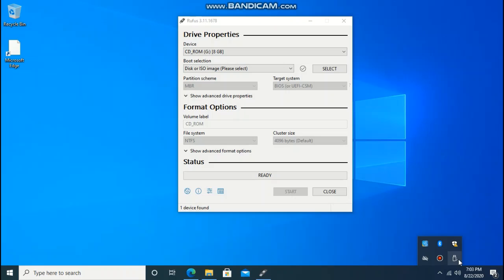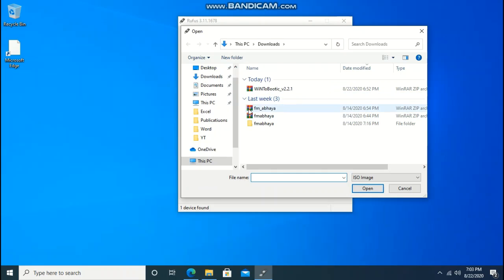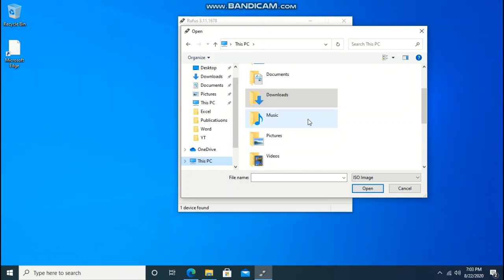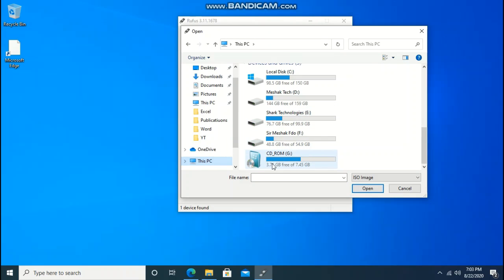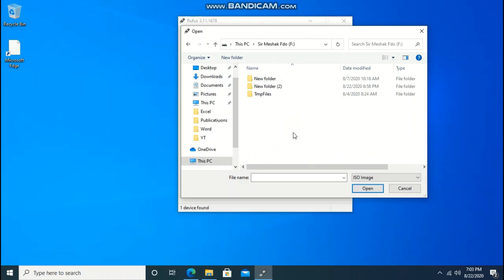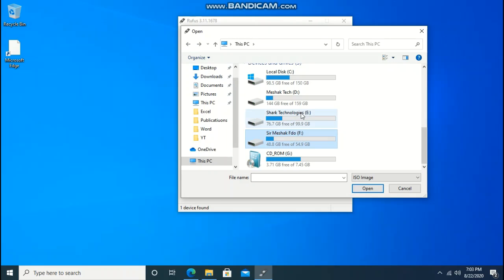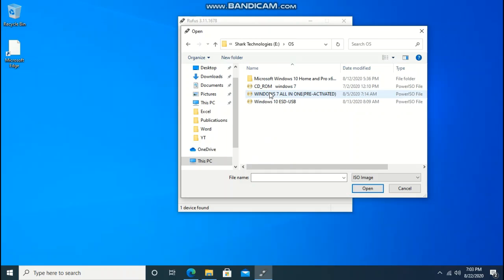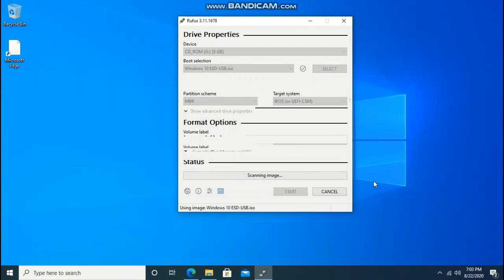Now I will be selecting whether it's disk or ISO image or non-bootable one. So go and select where your OS is there in your computer. That means your disk image. I have my disk image here. Now I have Windows 7 and Windows 10. I will be booting Windows 10 for this. You all can see it scans for viruses and is done.